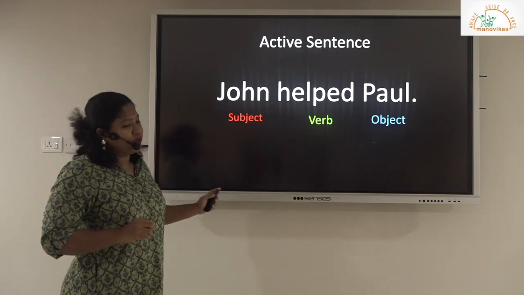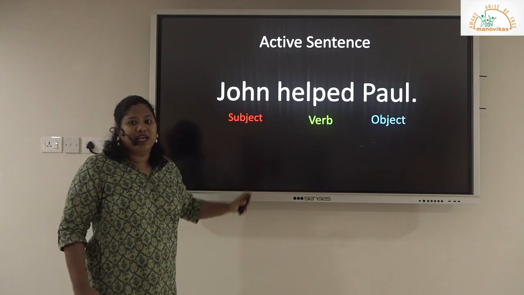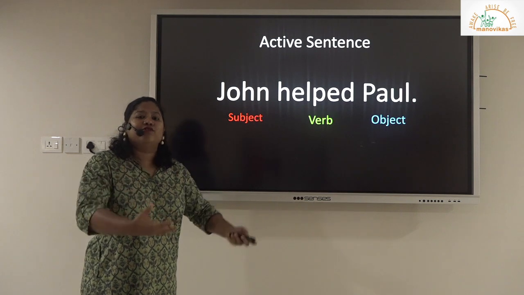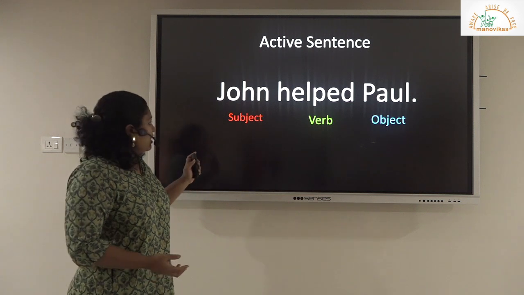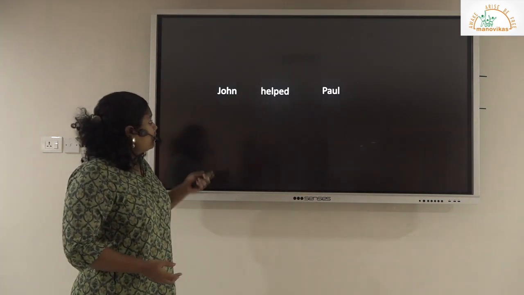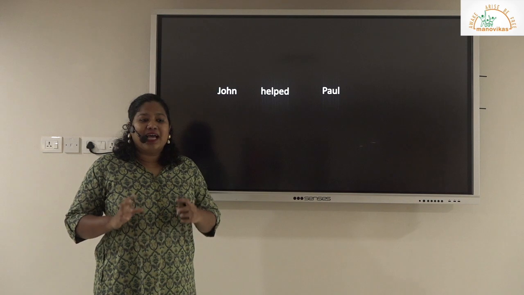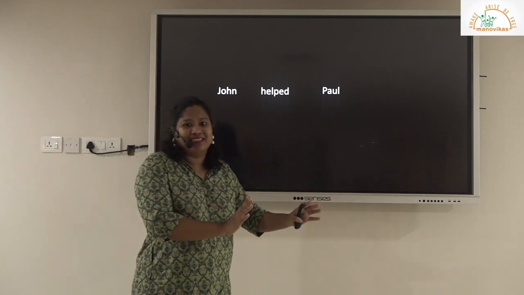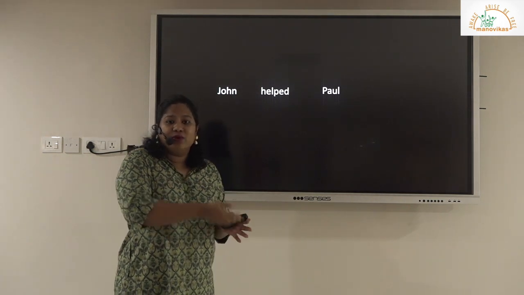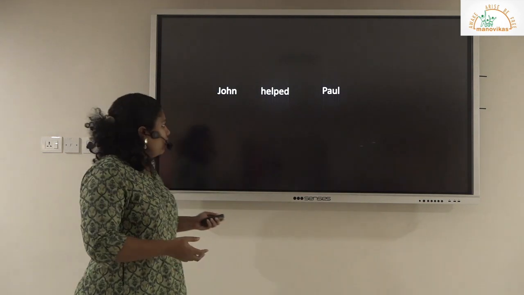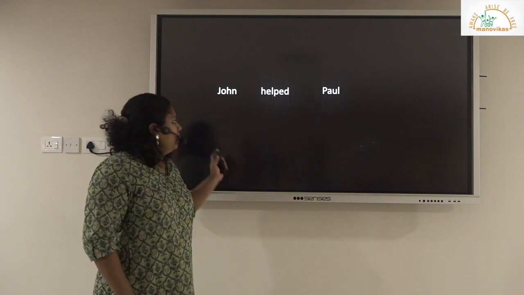Now, this sentence is what is called an active sentence. Why do we call it an active sentence? Because here the subject is active. The subject is actively doing the action. Alright? That is why we call it an active sentence. Now, we need to transform this sentence into a passive sentence. And passive means that the subject will now take a back seat. It's not going to do the main role, while the object that was there will come forward and do the main work. So the subject is going to become passive, okay, not have a major role to play in your sentence.